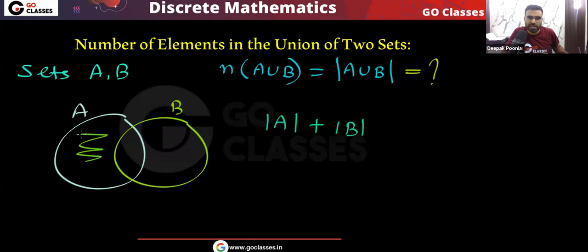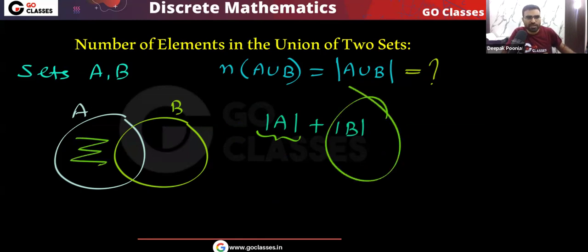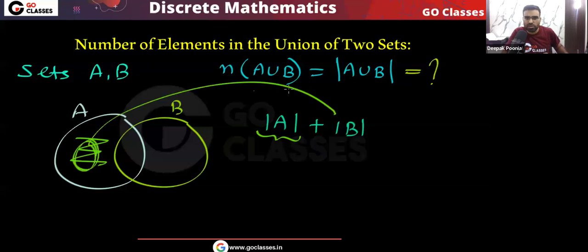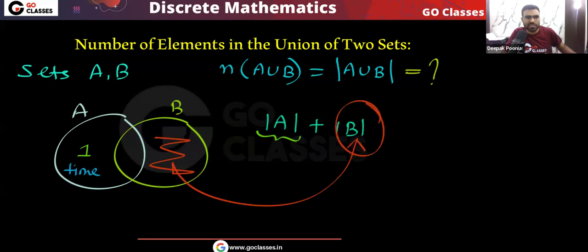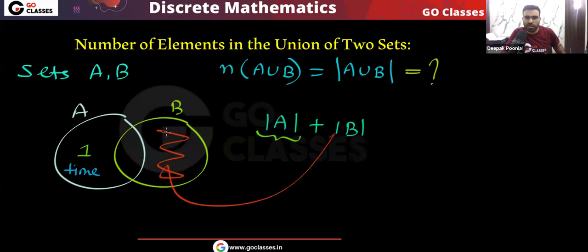Here you can see this area, how many times we have counted. This area we have counted only one time, because when I am counting the number of elements in B, then these elements I did not count here. So I can say that these elements I have counted one time. Let me write one. It simply means that I have counted these elements one time. And these elements I have counted only one time when I was counting the number of elements in B. So here also I can write one time, that okay, these elements I counted one time.